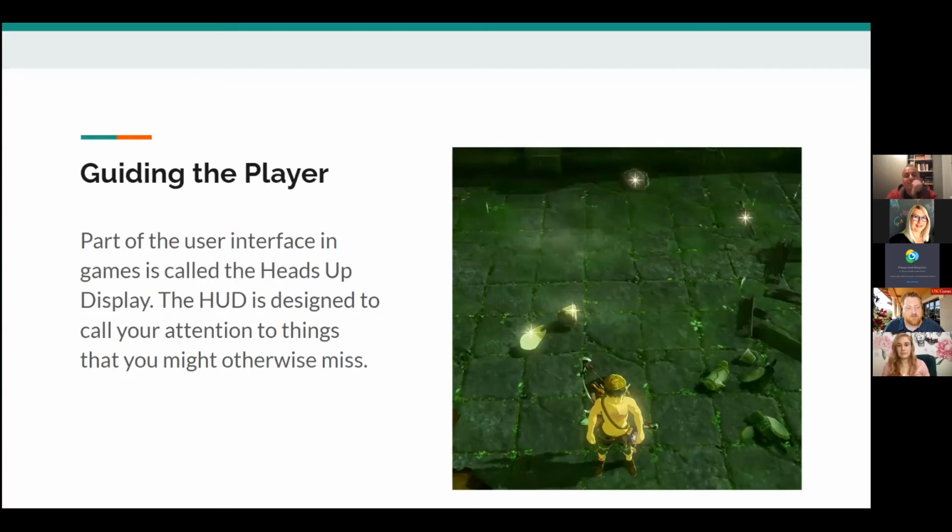They guide players towards important elements in a frame or story elements in the overall narrative. For example, there's a whole part of user interface that's called heads-up display. When we talk about the heads-up display, the HUD, we're referring to the things on the screen that are not elements of the world, but elements of the picture that the game is presenting to the player. So not things that exist in the world of the character, but things that are added on for the player's benefit, to call your attention to things that you might otherwise miss.